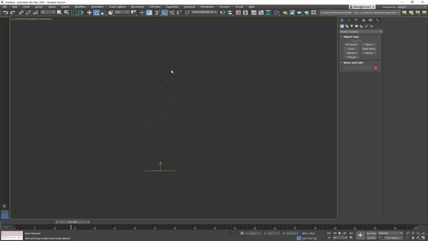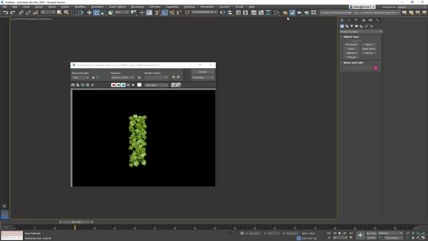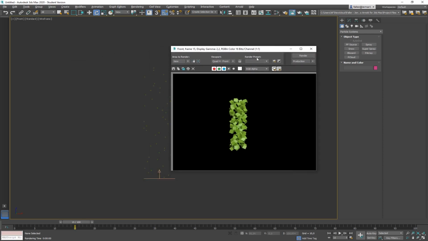Not all of those particles are shown in the viewport; more than the particles that you see right now will be shown once you render it. And when you move your time slider to like 10 or 15 frames, that means the first particles are coming out. When you now hit render, you can see that my particles right now have a default shape of a little box or a cube, and you can see that there are many more than actually are represented with a little tick here.